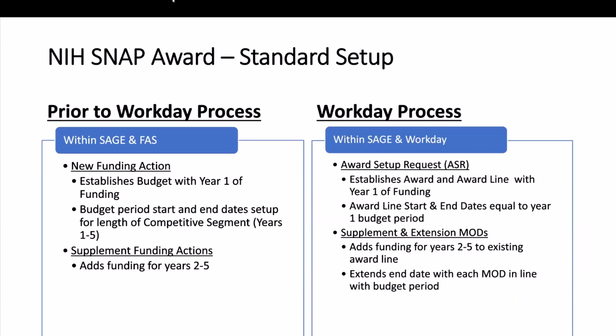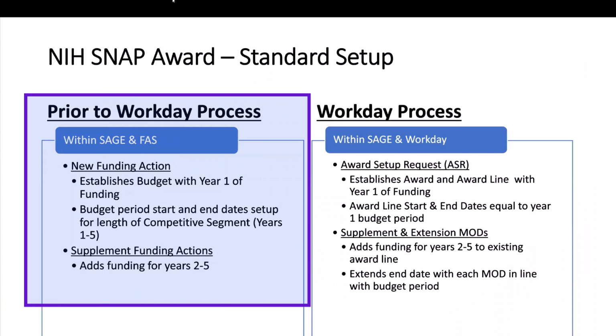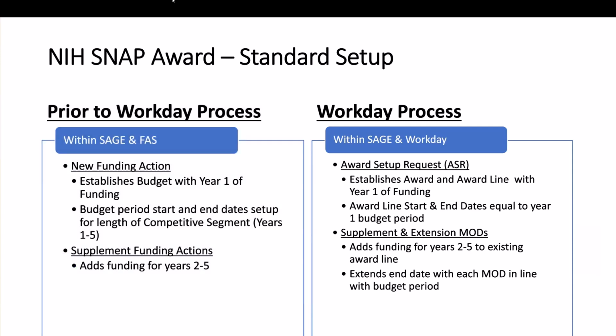Here's kind of the crosswalk. Before, if you're familiar, we had new funding actions that would establish a budget number. We would get that year one of funding for the NIH SNAP award, and we would set up the budget number and the start and end dates for that budget number for the full, usually 5-year, competitive segment. Then we would get supplement funding actions after that for years 2, 3, 4 and 5, and we would add those funds to your existing budget number. In Workday, it's a little bit different